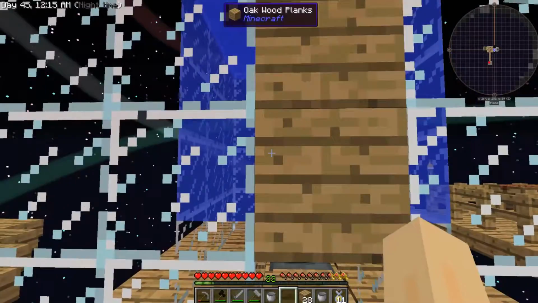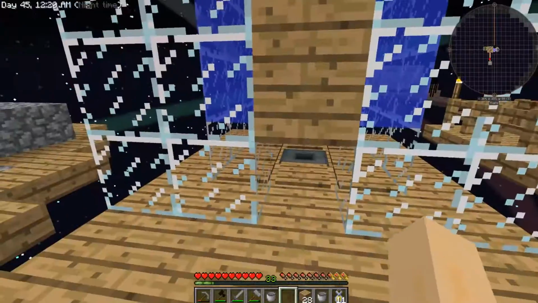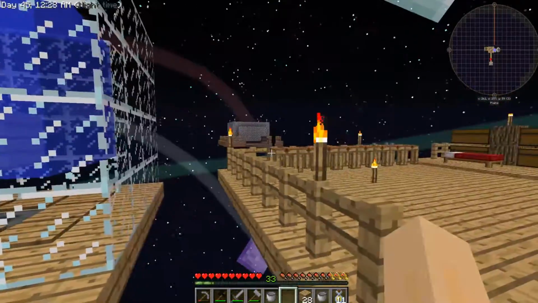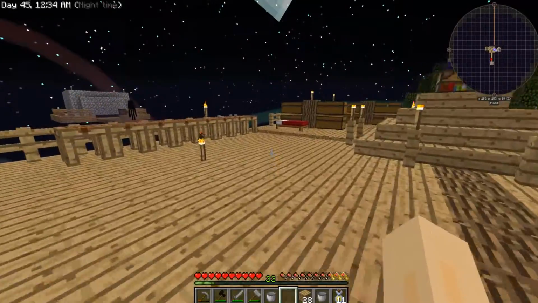So any squids that spawn in here are eventually going to make their way down to the bottom, and all their ink sacs will get sucked up by the vacuum chest. So I'm going to let this go for now. I hope it actually works. I haven't had a chance to test it yet, but we're going to let it go. So the next thing I'm going to get into is how...